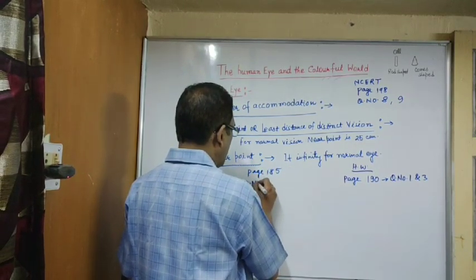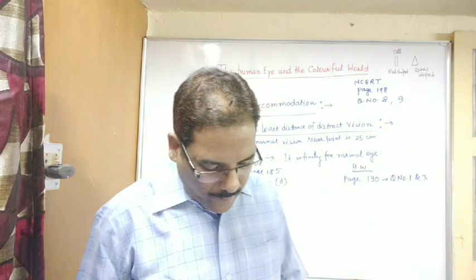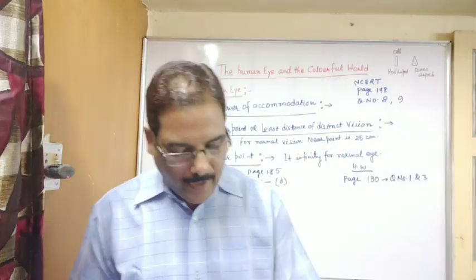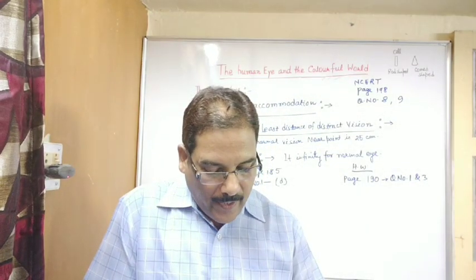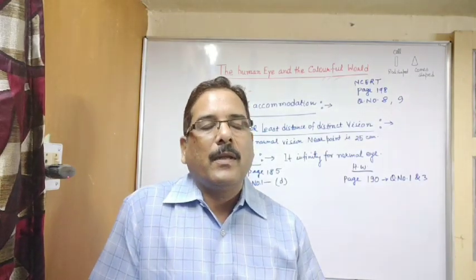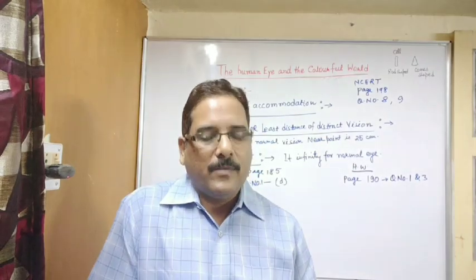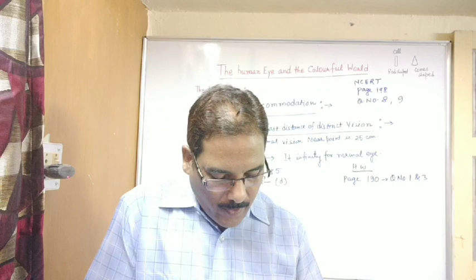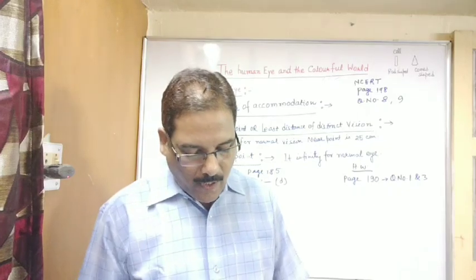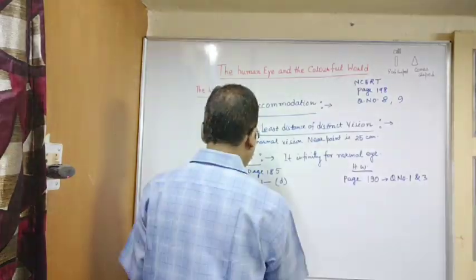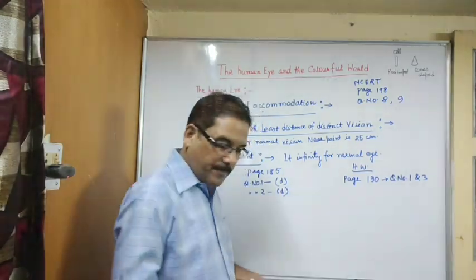Question number 1, correct answer is D. Then the image formed by a concave mirror is observed to be virtual, erect and larger than the object. Where should the position of the object be? So in concave mirror we are getting all real inverted images. So obviously it is the last case when the object is very close to the mirror, between pole and principal focus. So D option, between the pole of the mirror and its principal focus. So question number 2, answer is also D.